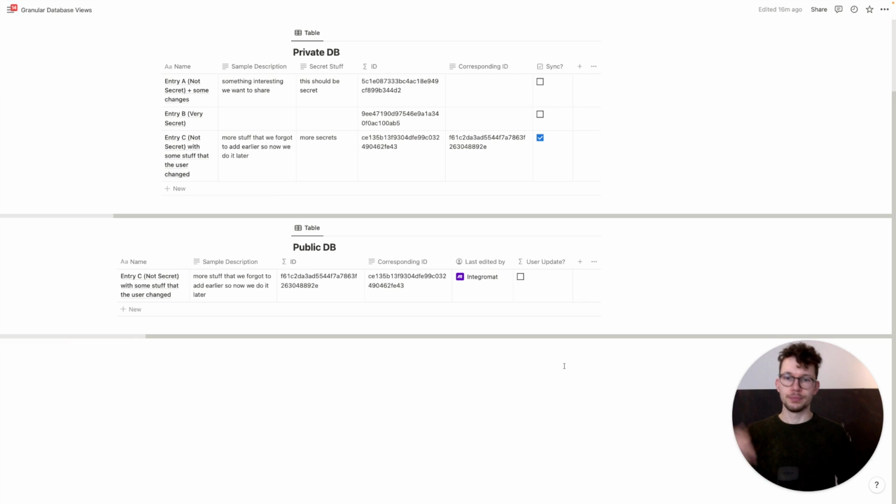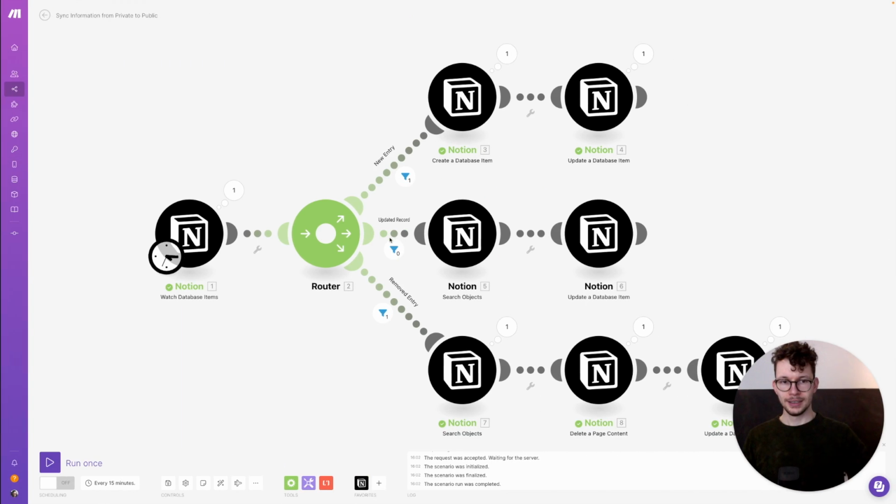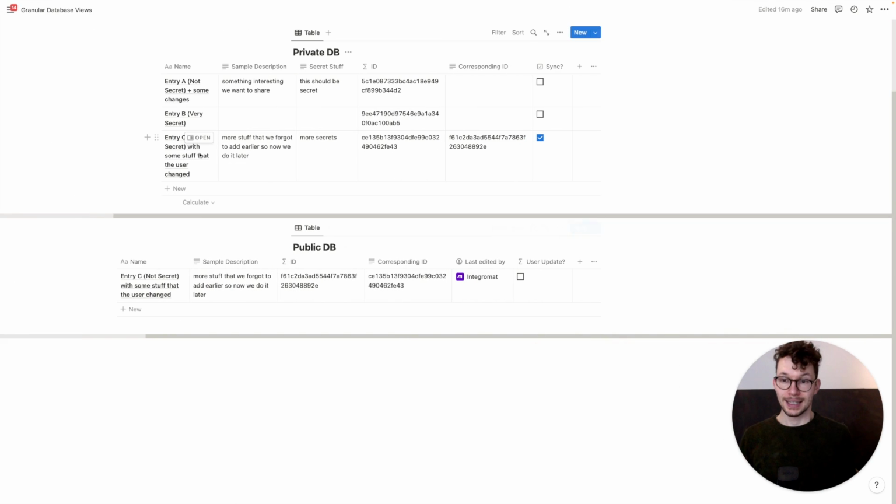If it's more something where you push things occasionally to a public database, then once a day is probably more than enough. The one thing that I would say is fairly important is that you make sure that you schedule the first automation, this one, to go off before the second automation. Because in case there's a conflict, in case a user changed something here, and we change something there, we probably want to make sure that the private database overwrites the other change. That's of